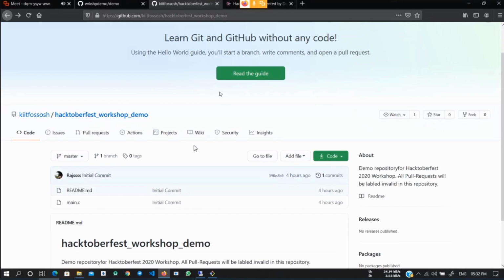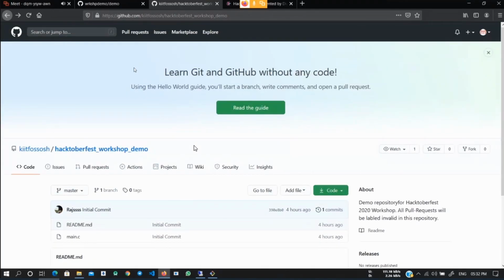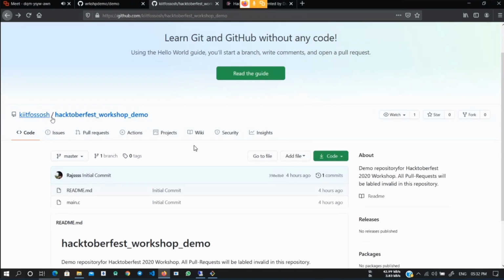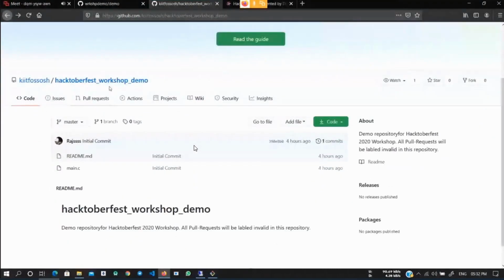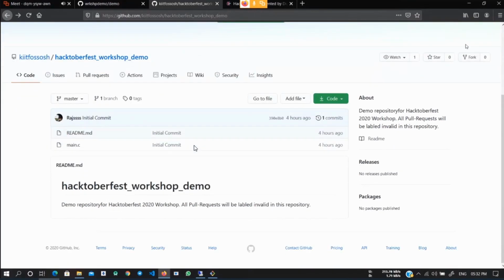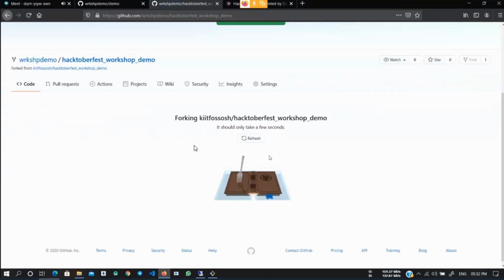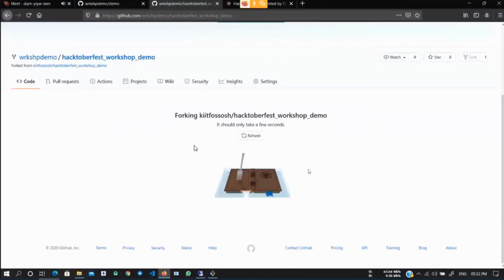So to fork, we first need to go to the repository we want to fork. For example, we will be using this repository to fork, Hacktoberfest workshop demo. And for forking, we need to click here, this fork. Once we click, it will start forking the repository for us